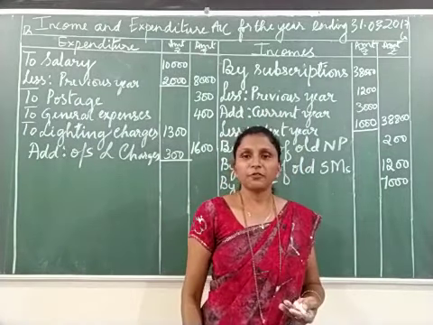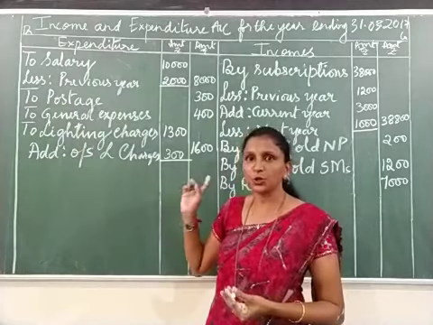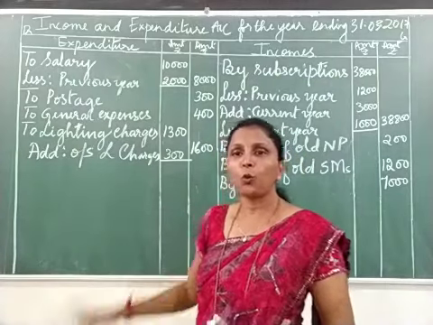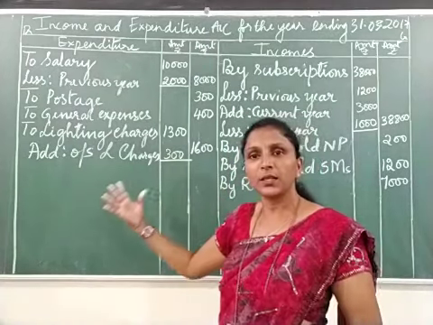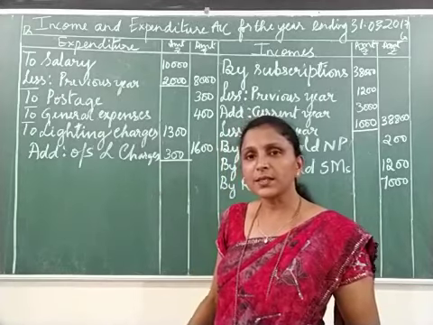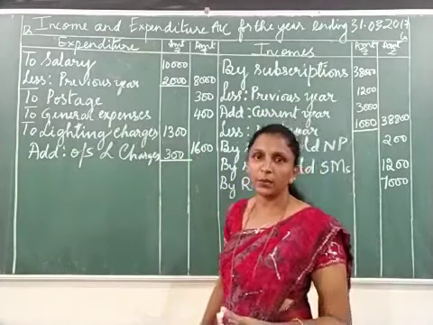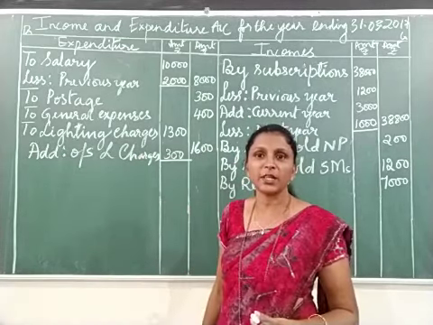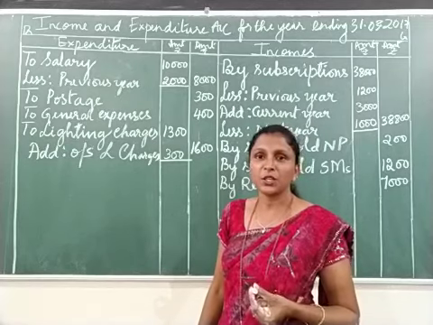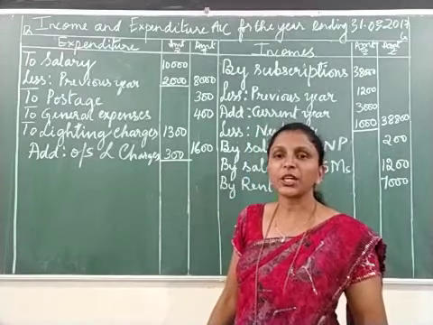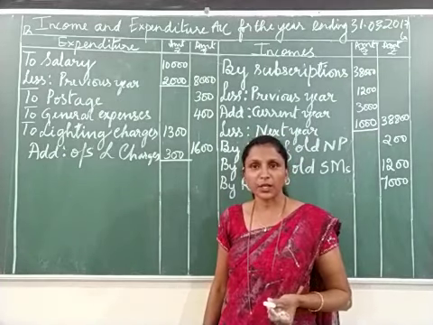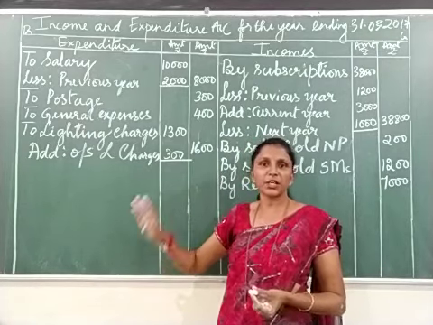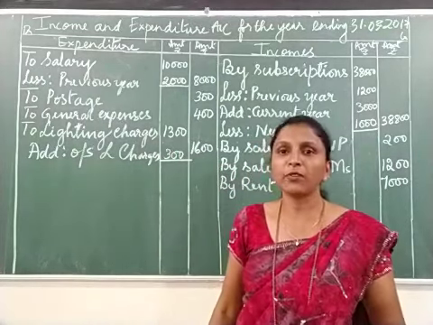Then later we said, before we started the solution, we said all adjustments should come twice in the account. Once in income and expenditure account, once in the balance sheet. Now, some items we have written already in the income and expenditure account. But there are some items remaining to be entered in the income and expenditure account given in the adjustments. So therefore I asked you to put a tick mark so that we can make out easily which items are remaining. So adjustment items, it must come once in the income and expenditure account, again in the balance sheet.